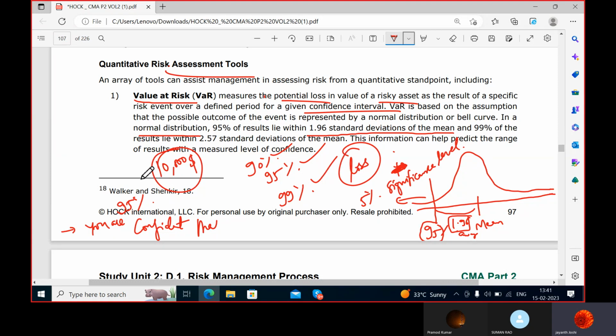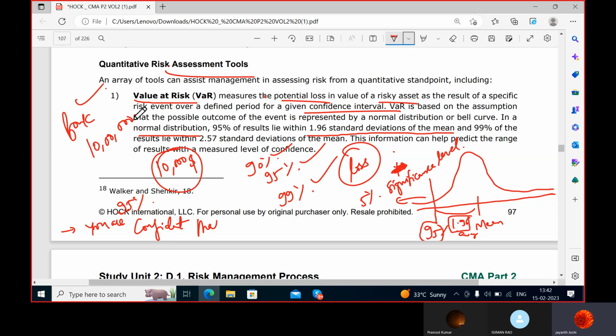See, I am giving a statement. You have invested your money in a portfolio, and that portfolio can give you a loss of $10,000. Okay, let's not go for a portfolio. Let's say a bank. A bank gives loans to its customers. Am I right? And every bank knows that in a given year they can incur a loss of 10 lakhs. How much? 10 lakhs.